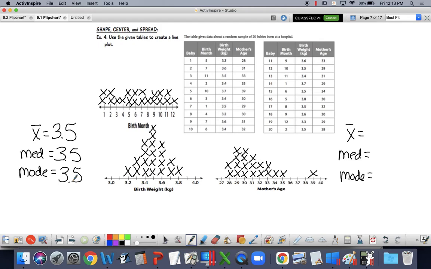Okay, so I kind of knew this one even without having it written down. What we have here is what's called a perfectly symmetric normal curve. When you have a perfectly normal curve, which probably never exists in the real world, but sometimes it'll come up, that means all of these things should be the same. Whatever measure of central tendency you decide to use should give you the same result.